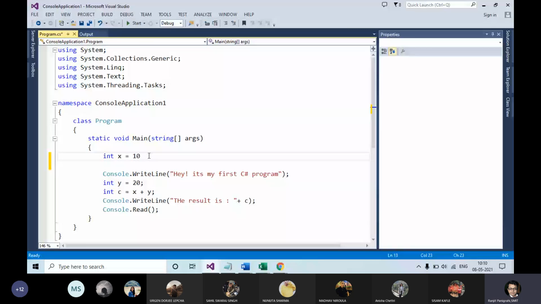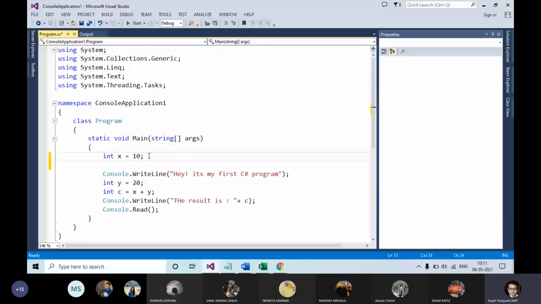A syntactical error is, for example, a missing semicolon. Remember one thing, errors always occur at compile time or at runtime, but during compilation, errors can be syntactical or semantical.